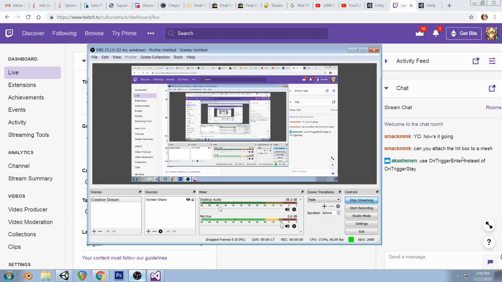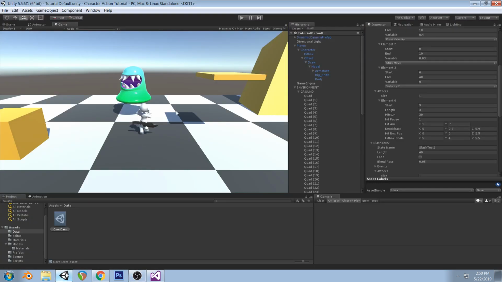Can you attach the hitbox to a mesh? I'm not sure what they mean explicitly by that. Because you can have just a custom mesh, and you can attach it to the knife if you wanted to do that. A lot of 3D games do that. They just have their hit spheres or hitboxes attached to a game object. That way, when you're swinging your sword,